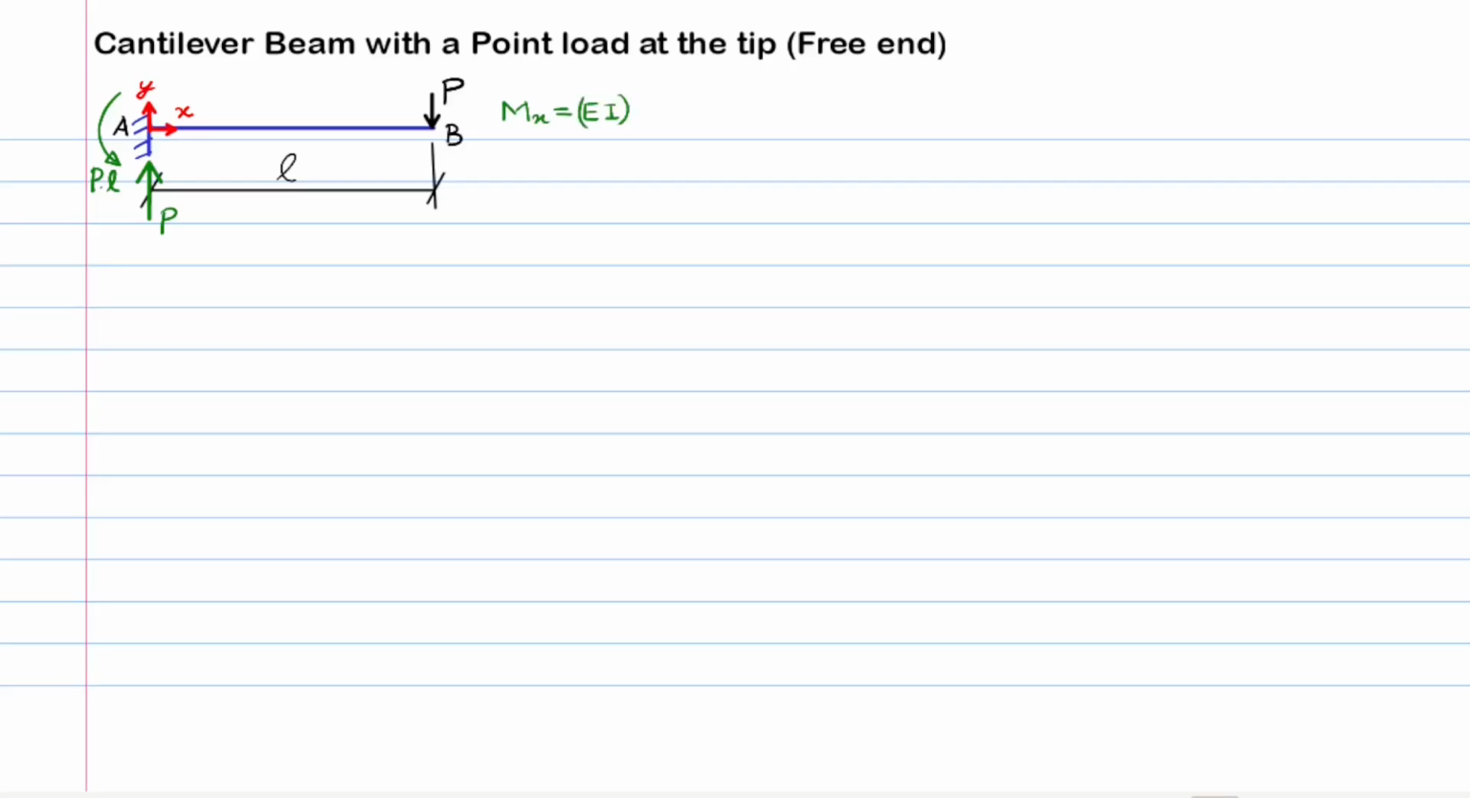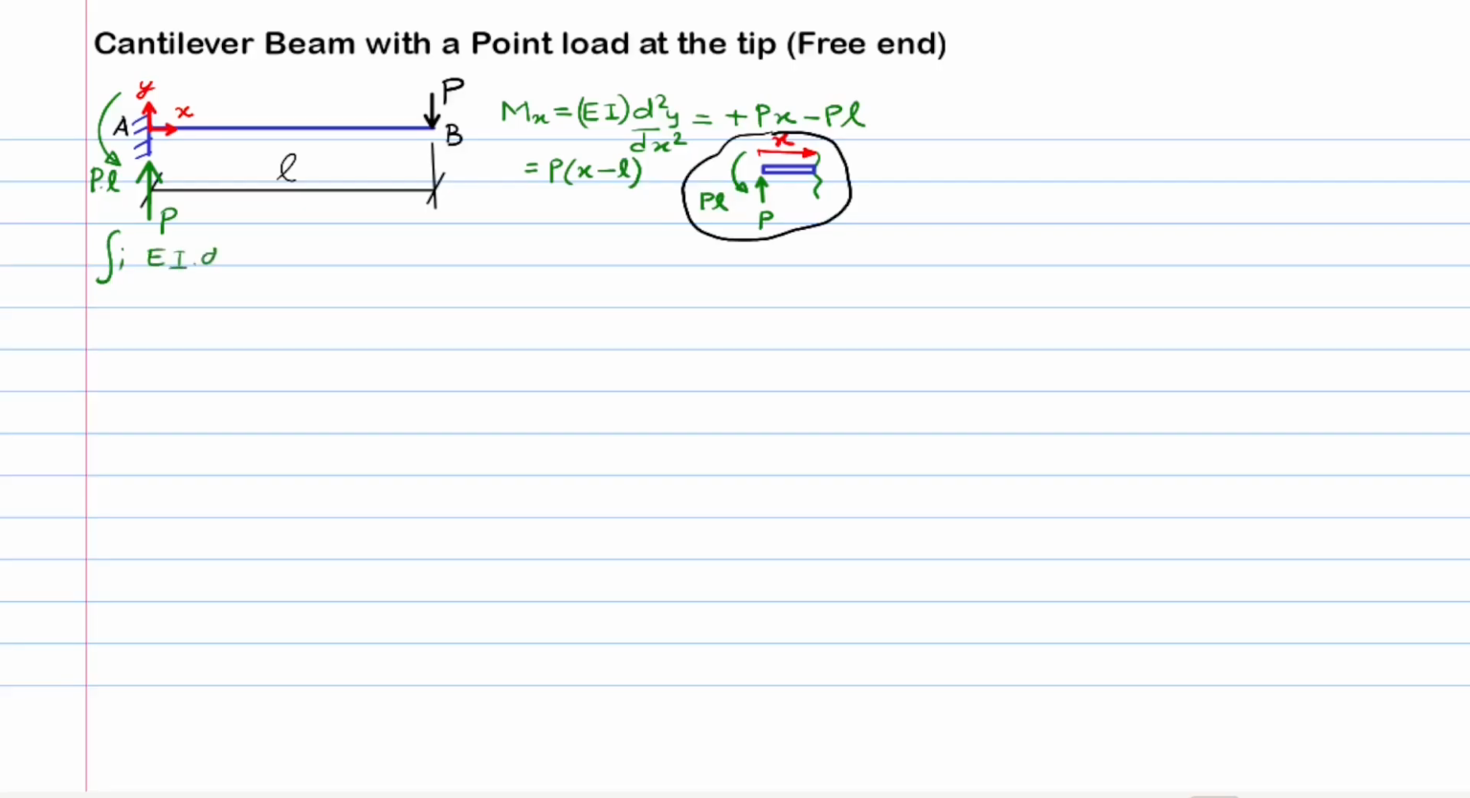Now, we write the bending moment expression from the equation of the elastic curve. It is given by M at x equals EI times d2y over dx square, and this equals P times x minus P times L. This is equal to P times (x minus L). Integrating this once using the double integration method, we get the slope equation, that is EI times dy over dx is equal to P times x squared over 2 minus P times L times x plus a constant of integration